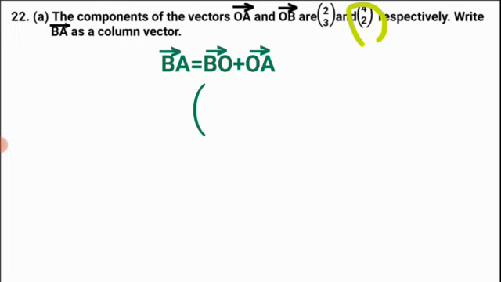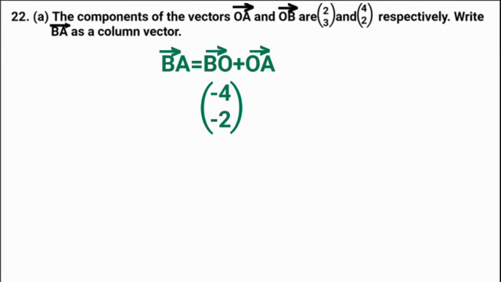That is OB. Now OB is written in this expression as BO. That means 4 and 2 will change their signs and become negative 4 and negative 2. Close bracket, then plus